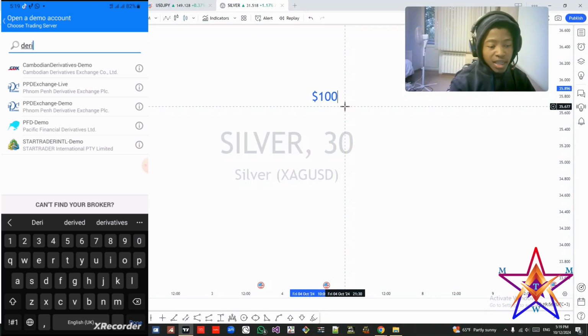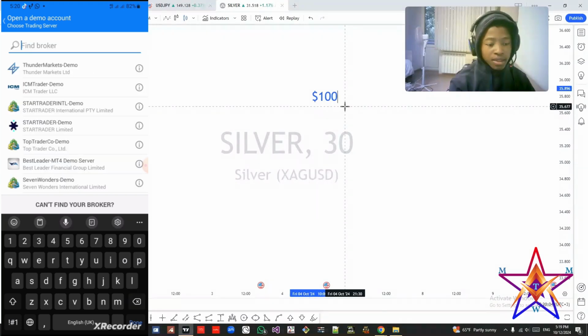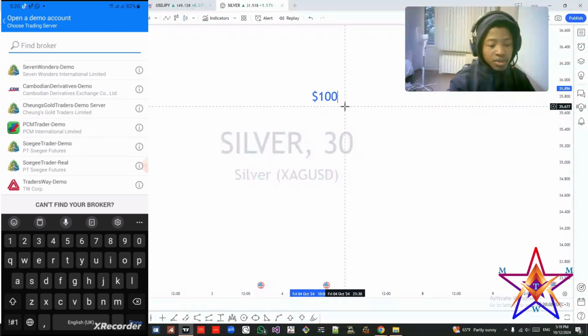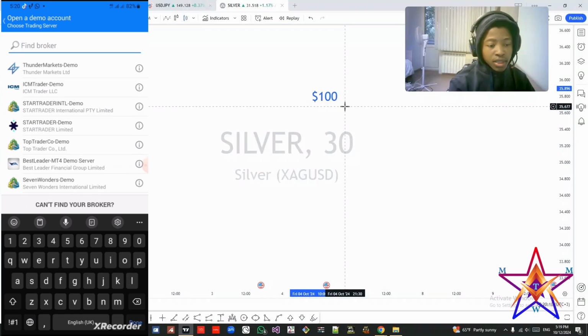This is MT4, so I think many brokers are not yet supported by this. As I told you, my broker is not working here, so I'm just going to be forced to use